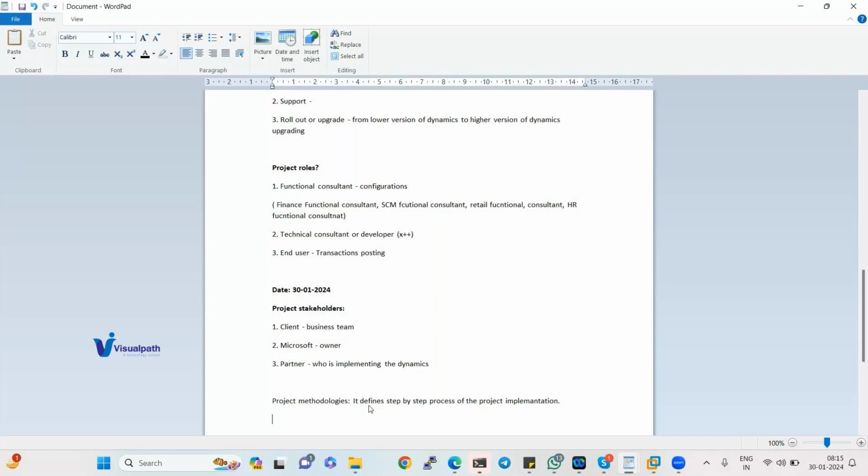So there are three important methodologies available for Dynamics implementation. There are so many project methodologies in the market, like Rapid Grow, but we are not using all of them. There are three successful methodologies defined for Dynamics, and you can use any of them. So there are three types. One is